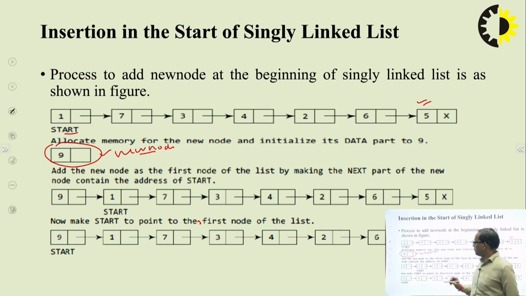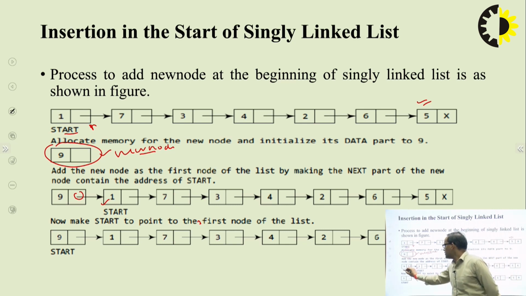Since we have to add this node in the beginning of the linked list, in the address field of the new node we will set start. It means start refers to this node. So when we add the new node, this node will become the second node. So in the next field, or the address field, of the new node, we will set the address of this. Here we will simply write the syntax: new node next is equal to start.